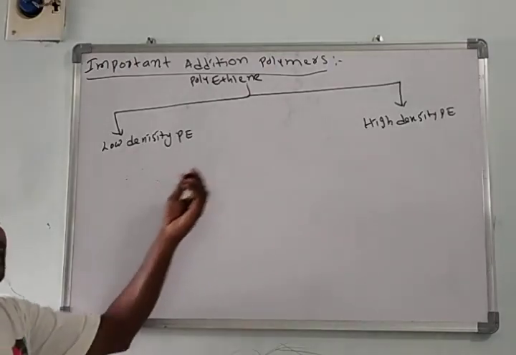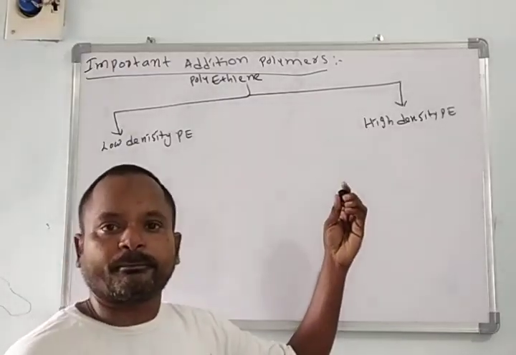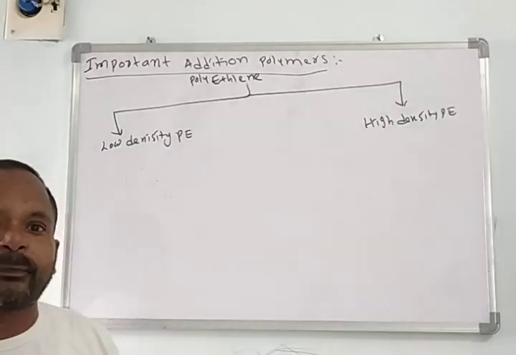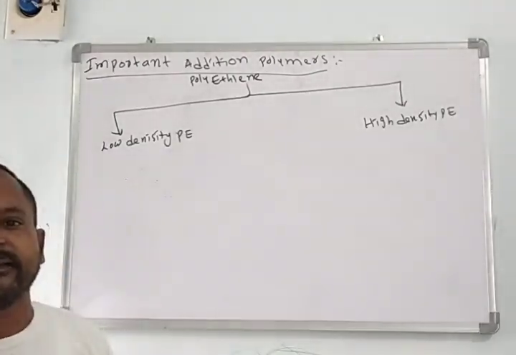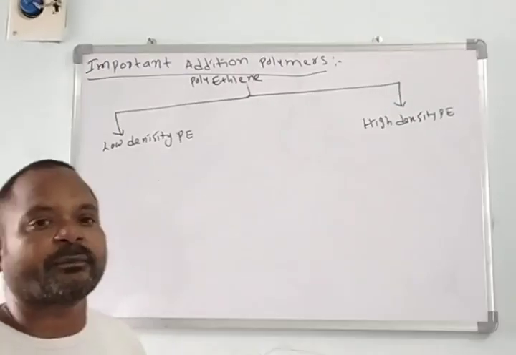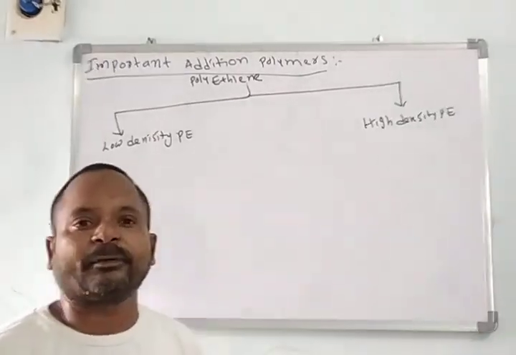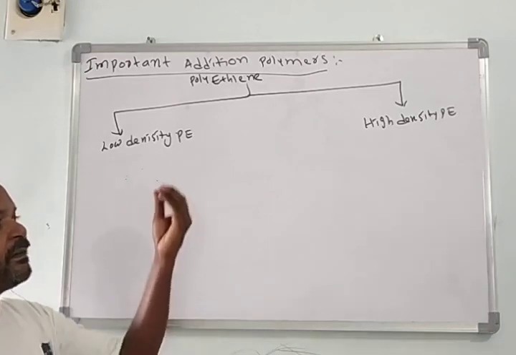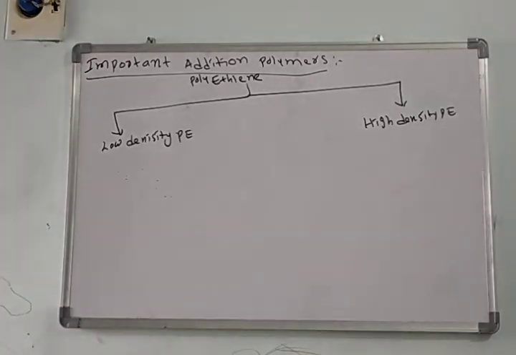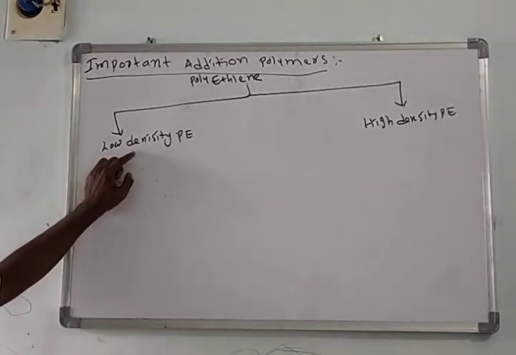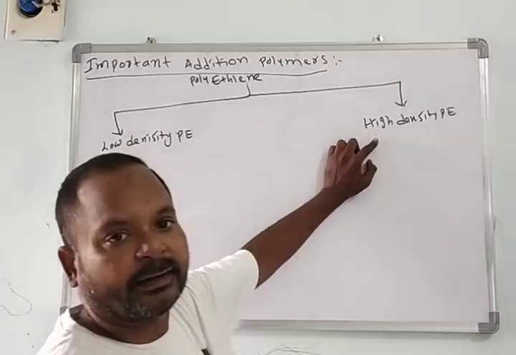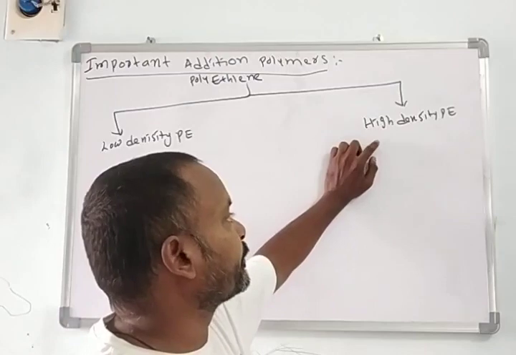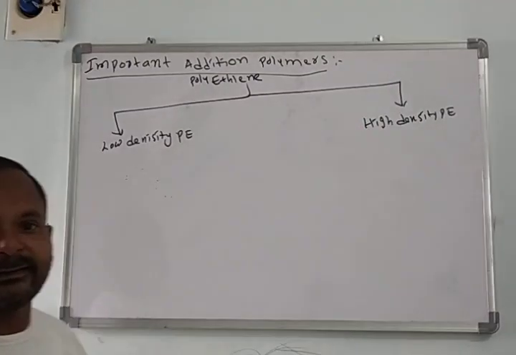These have the same physical properties, the same boiling point and melting point. The structure is also nearly the same. Just low density polyethylene has a branched structure but high density polyethylene does not. But they have different densities. Low density has below 1 gram per cc, and high density has above 1 gram per cc.